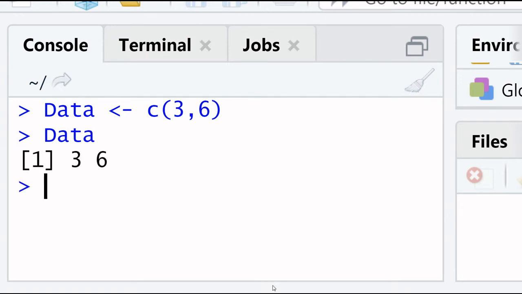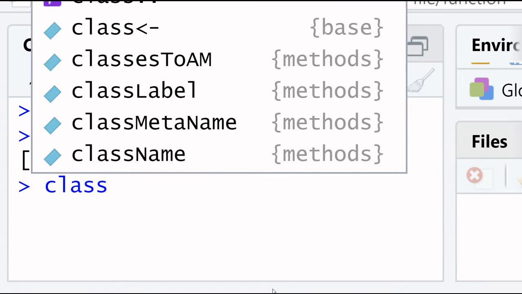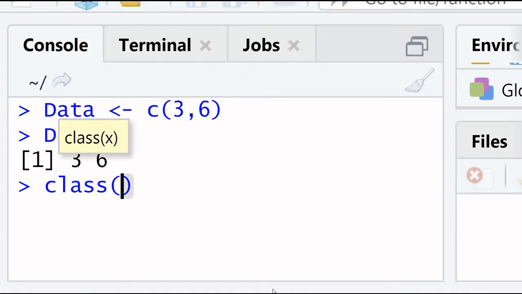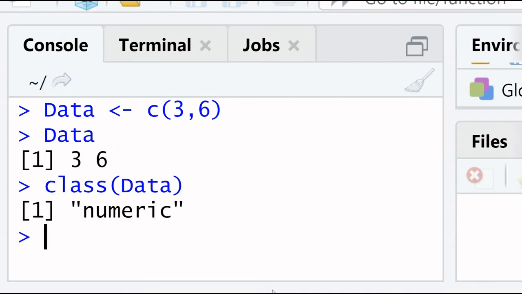Yes, this is our data set 3 and 6. Now I check its class, which class it belongs to. It is numeric. So if you provide any data in R, by default it is numeric, but we convert this data set into integer form.